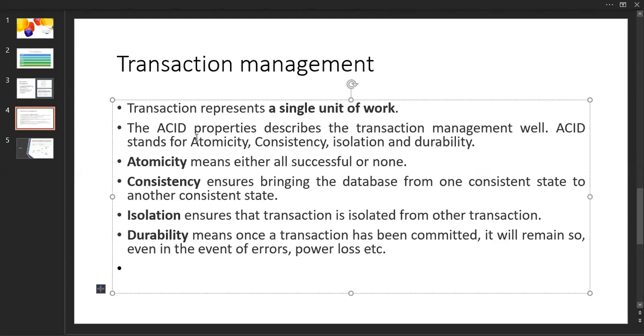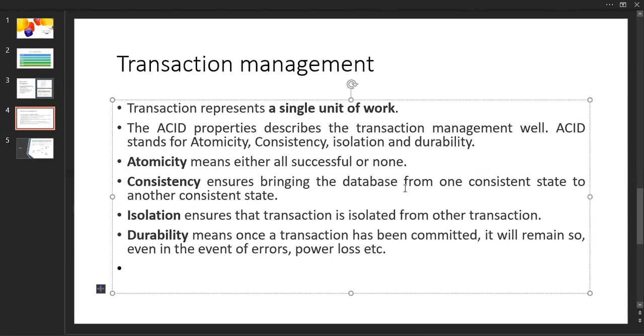I will give you one example, not in the sense of a program, but in the sense of a real-time application. So the ACID properties describe transaction management well. This transaction management is related to the ACID properties.